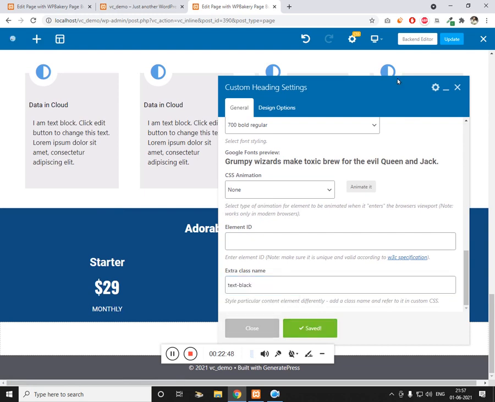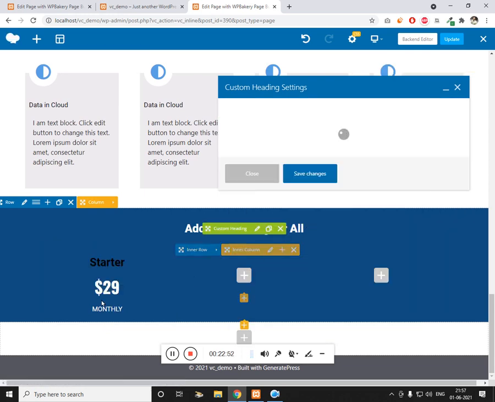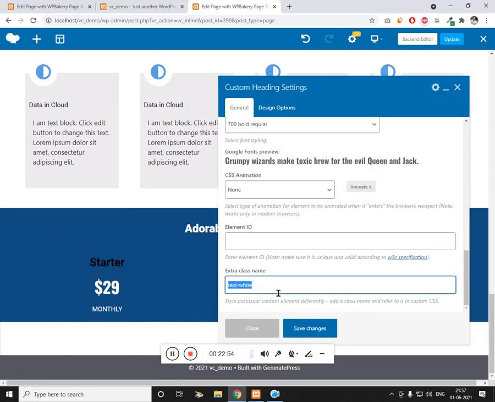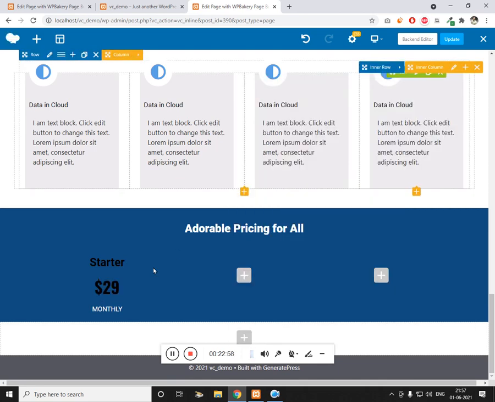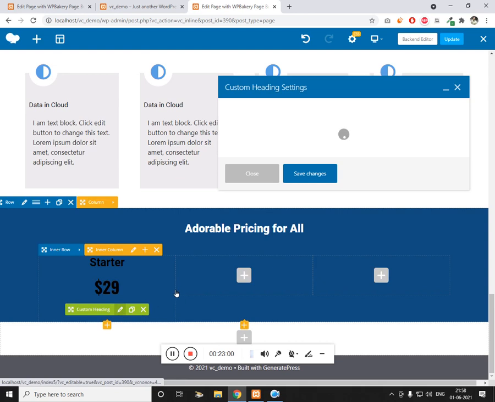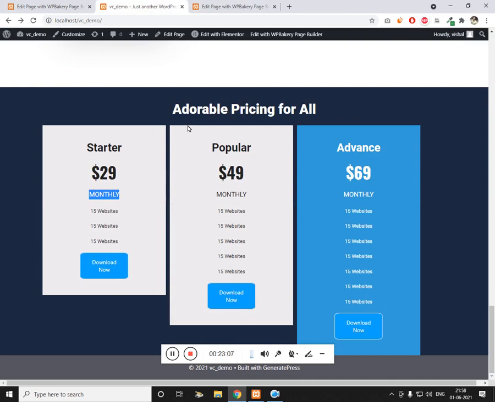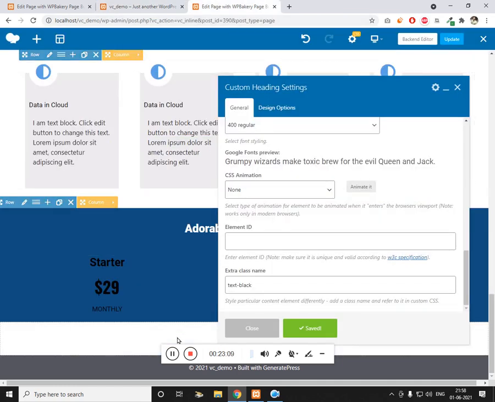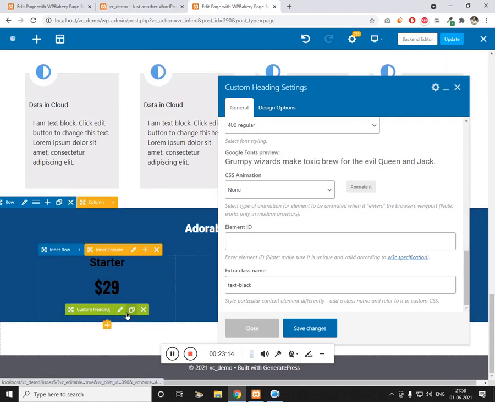Click on save. And we need some text, so we'll just make a clone of the heading itself, but this time we'll make it a paragraph.